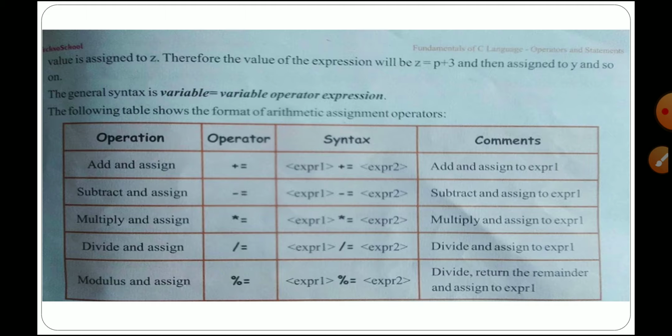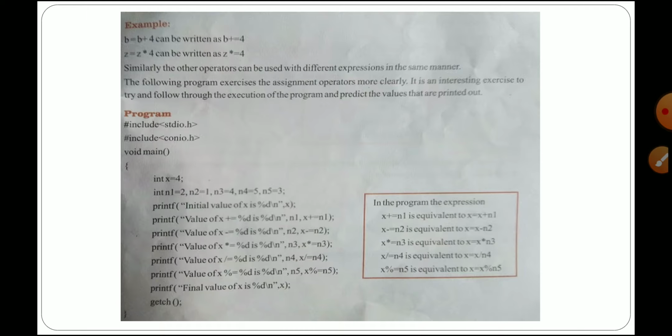So how do we use this arithmetic assignment operator? We write variable name equal to variable operator expression. We will see the examples one by one. The example program is also given. We have to see the program parts separately. In the practical session I will take a video and send it to you. Just listen to that. If you have a system, you can execute and discuss the program concepts. I will send you the program execution methods separately later.